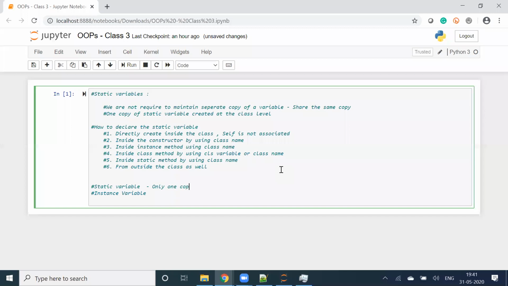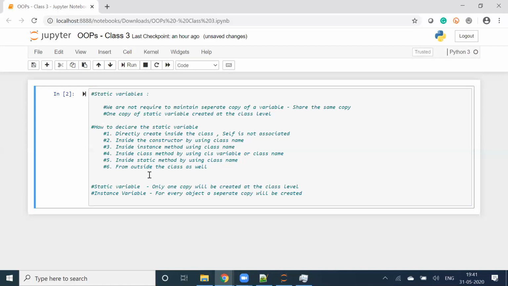However, for instance variables, a separate copy will be created for every object, right? Employee 1, one name, employee 2, one name, employee 3, one name, and so on. So every object will have a separate variable. That is why it is known as an instance variable.